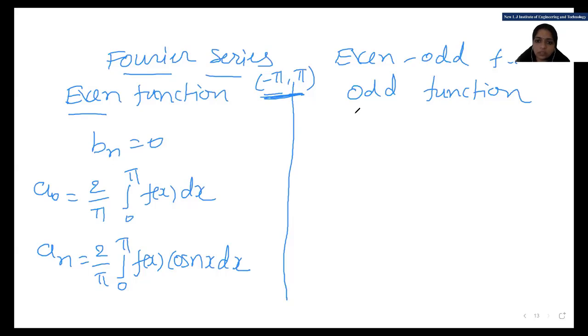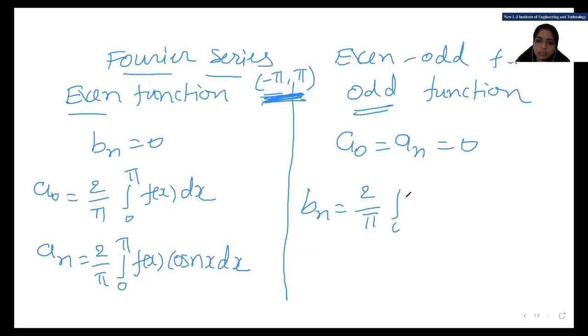Similarly, if your function is odd and your limits are minus pi to pi, then a0 is equal to an equal to 0. You have to just find bn, that is 2 by pi integral from 0 to pi of f of x